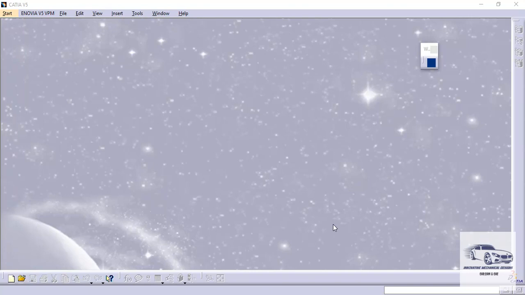Hello friends, in this session we will discuss the Recognize tool present in the Generative Shape Design Workbench in CATIA software.